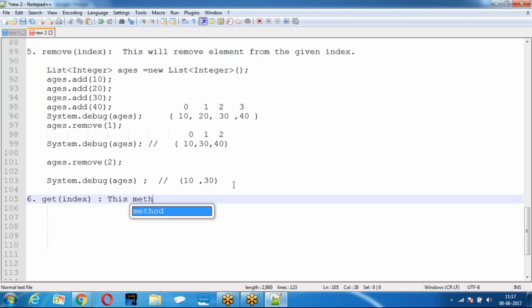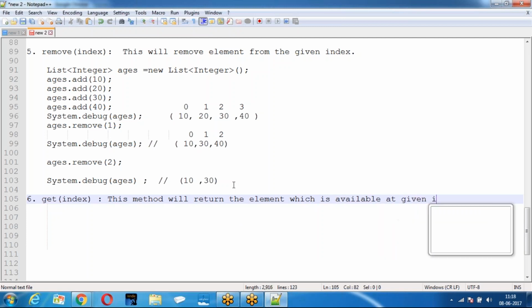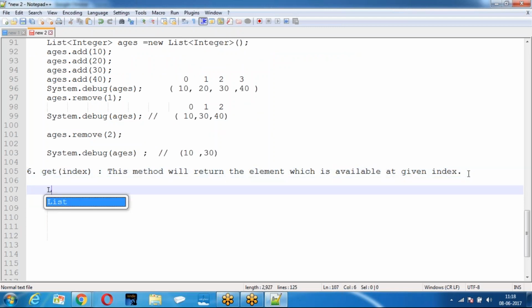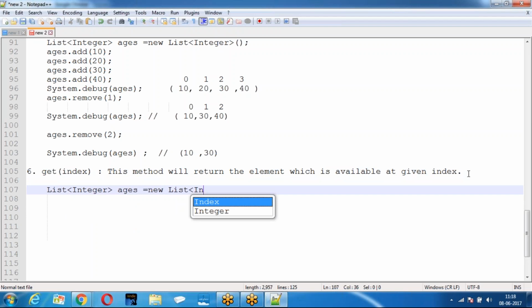This method will return the element which is available at a given index. Get of index. This method will return you the element which is available at a given index. So I am taking a list of integer. Age is equal to new list of